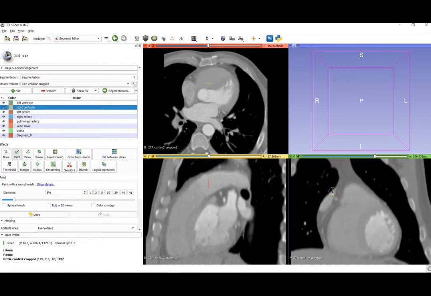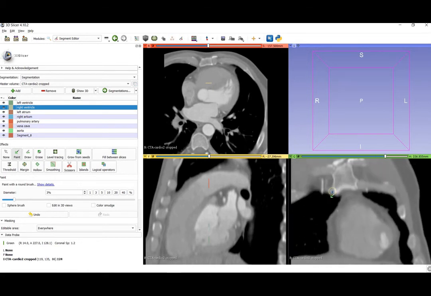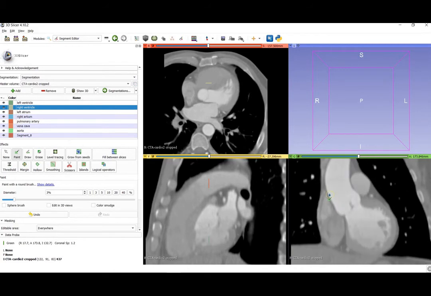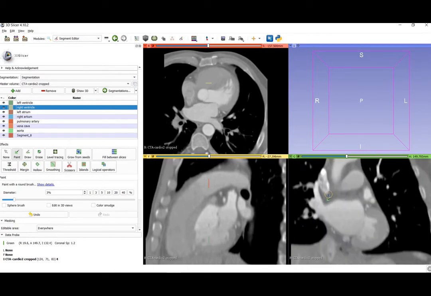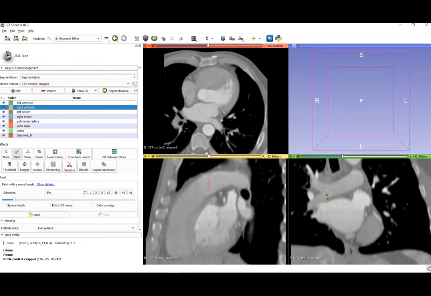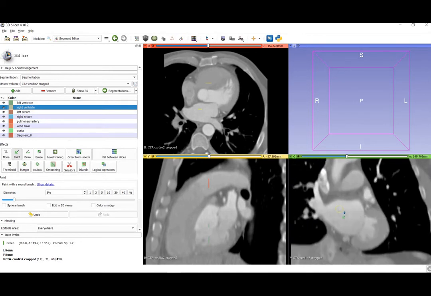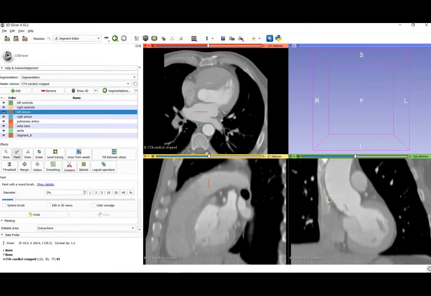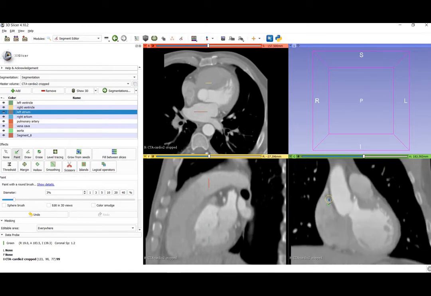Next we will see the left atrium. Move through the slices back. This portion is the left atrium. Create seeds here. Next, move through the slices. Here this one is the right atrium.